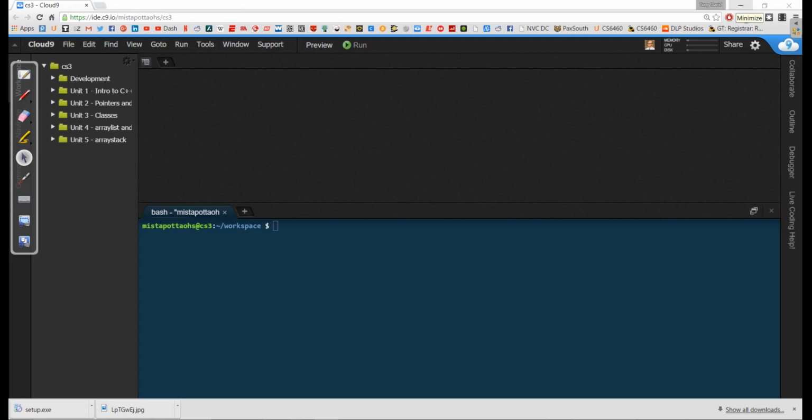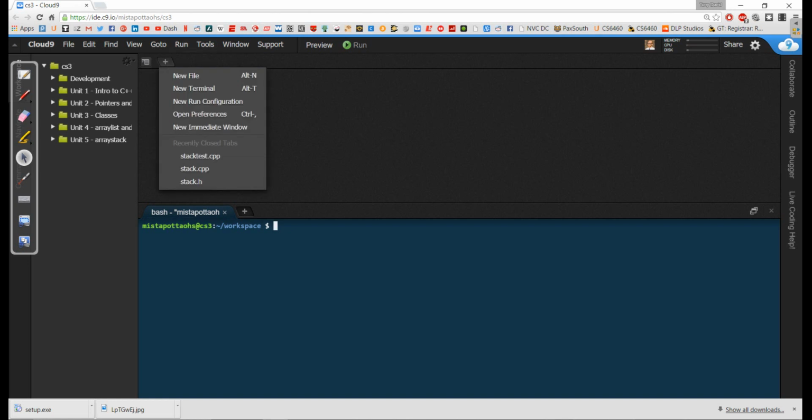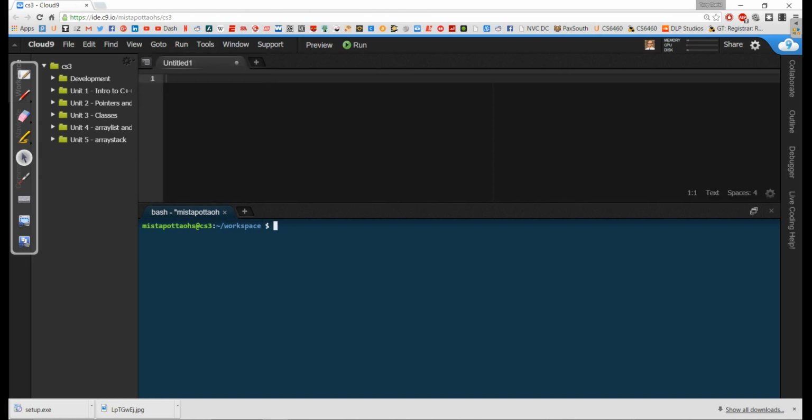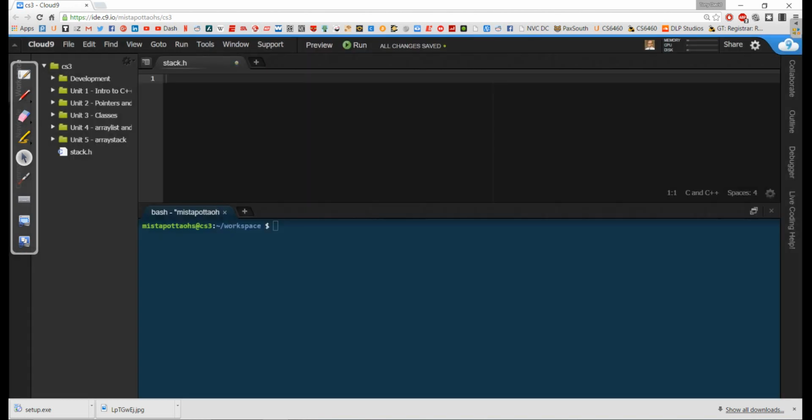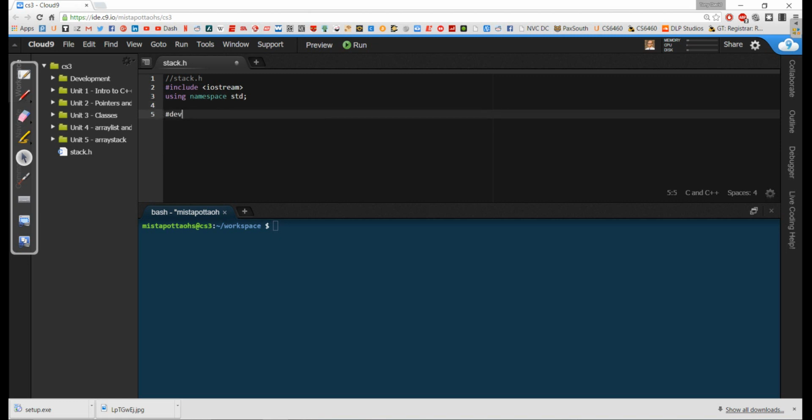So I've got a client set up here. And what we're going to do is create a file. So I'm going to do a new file, and we're going to call this stack.h. So this is going to be our header file. And I'm going to go ahead and include IOStream, and we'll take care of using namespace standard. We'll talk about whether we need this in just a bit. And we're going to define